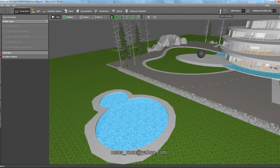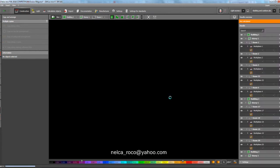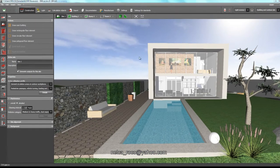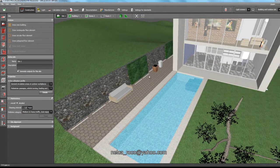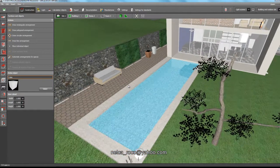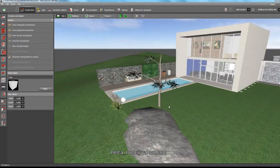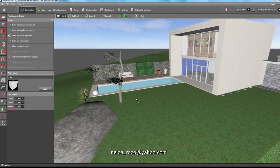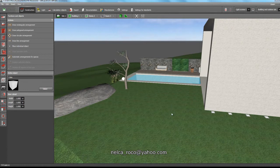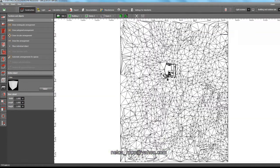While we are waiting when it's render, I will discuss later the other way how to do the swimming pool. Okay, the other way to create a swimming pool is by using the 3D object or the object. Let's imagine that this client or the owner of this house is obsessed with swimming pool. So we'll create a new swimming pool here in this side. So let's go to the top view,